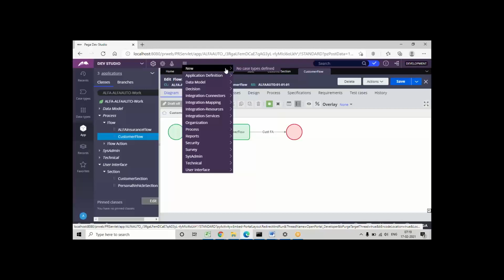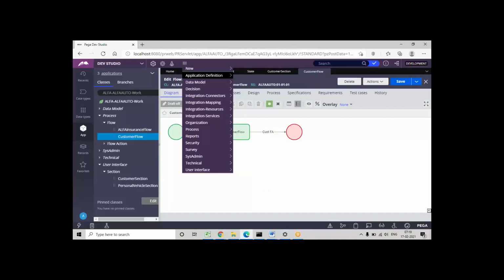Okay, but by default it will not be showing that. But if you want to run any flows in the application, we can actually execute from this menu. But how to add these flows to that menu? What is that setting we have to do? In order to add your flows to this menu, we need to do one simple setting. So let's see.